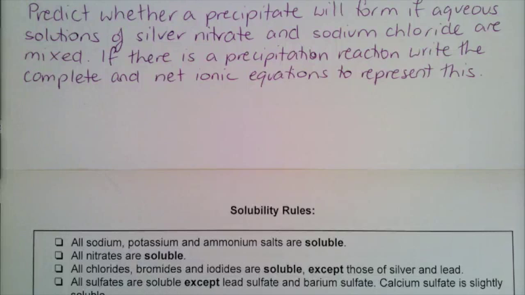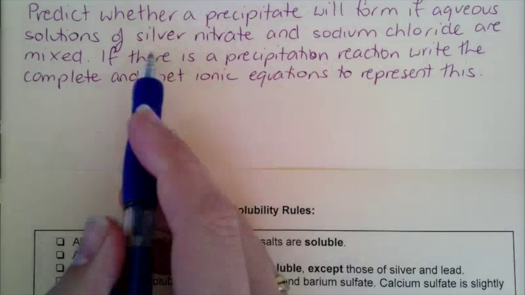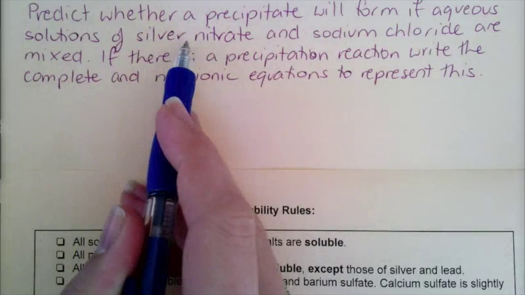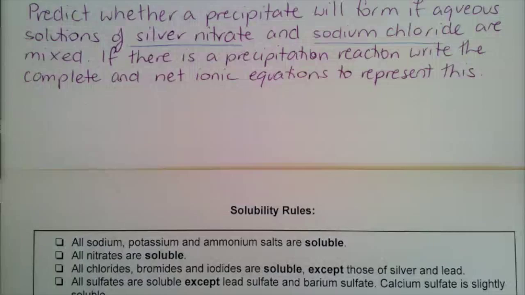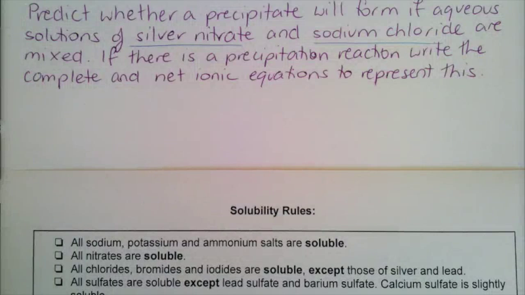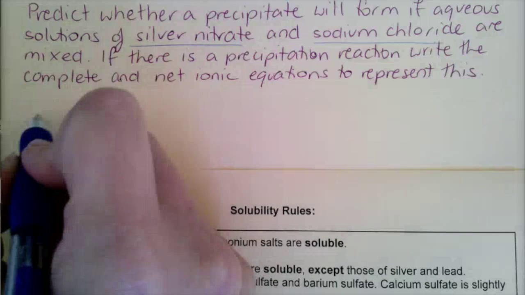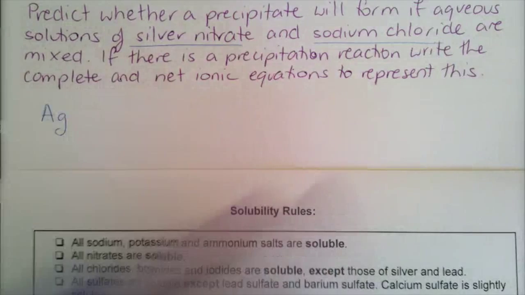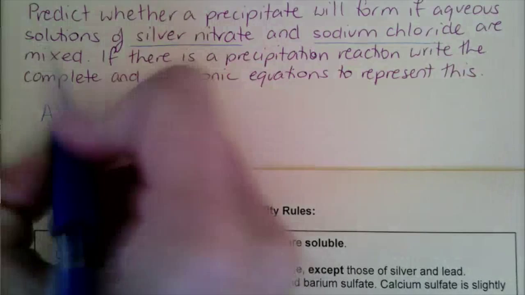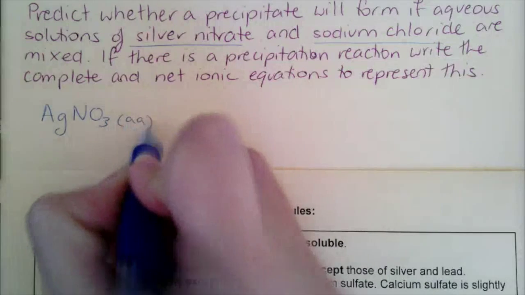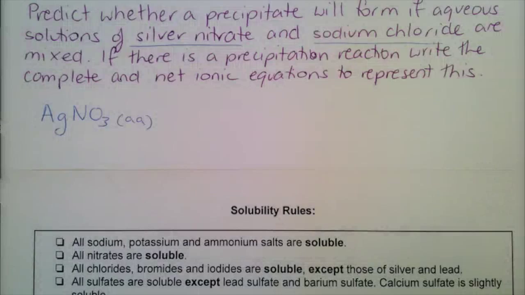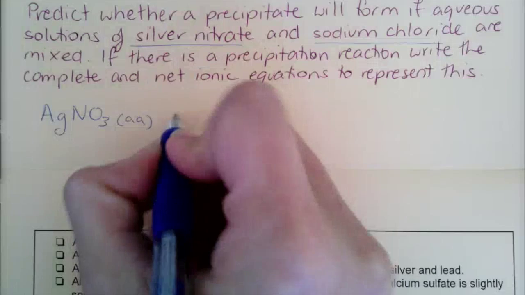So the first thing we need to do is work out what we have and try and predict what our products will be based on what we're starting with. So we first need to write the chemical formula for each of these two ionic compounds. We've got silver nitrate. Silver usually has a valency of 1, and nitrate also has a valency of 1, so AgNO3, and we are told that that is an aqueous solution. And that is being mixed with sodium chloride,